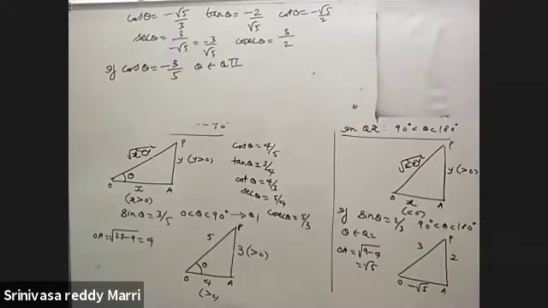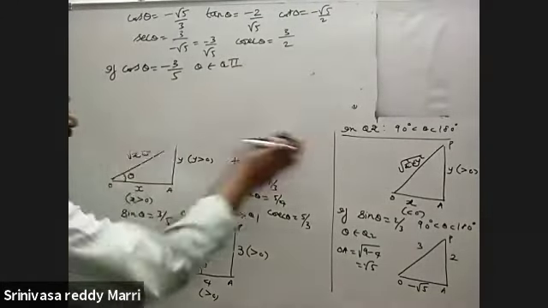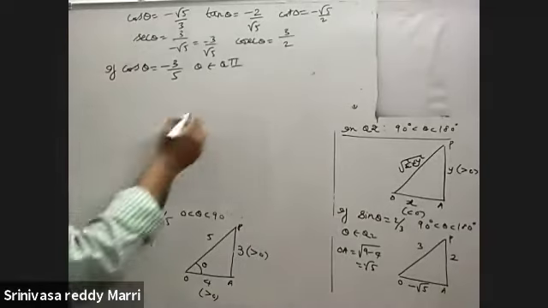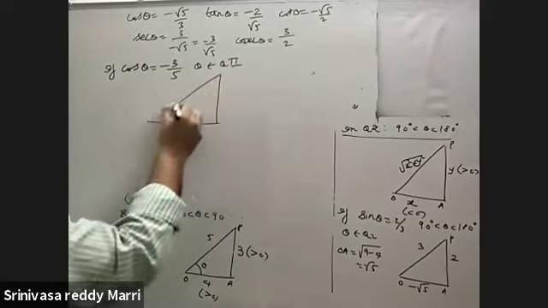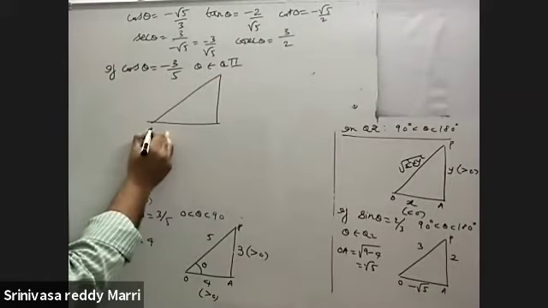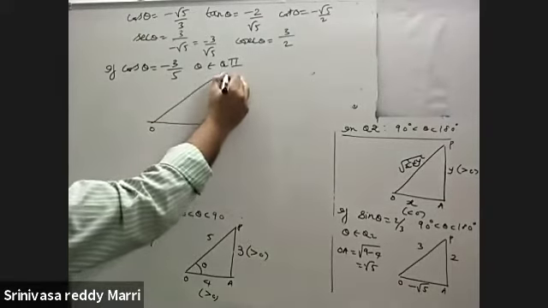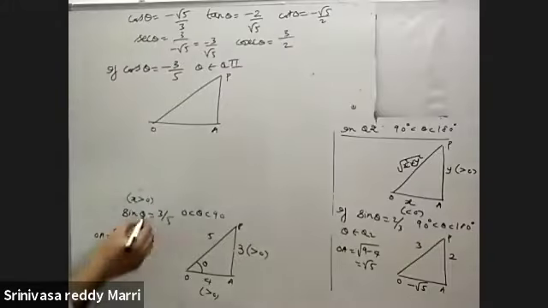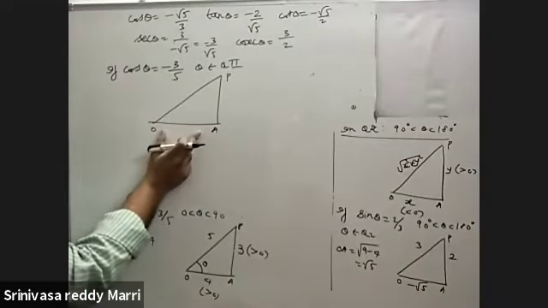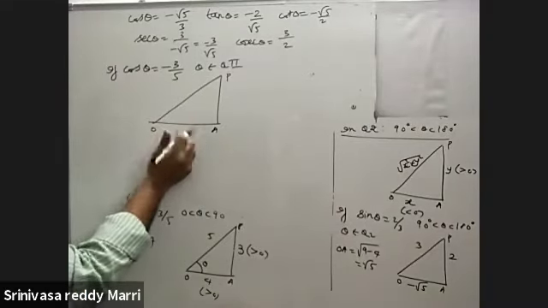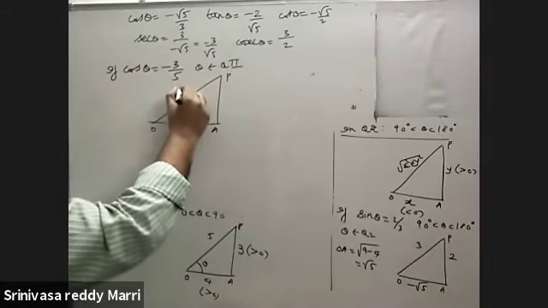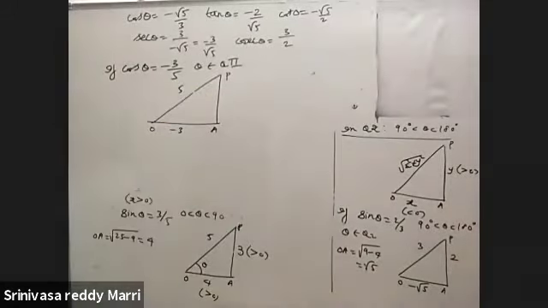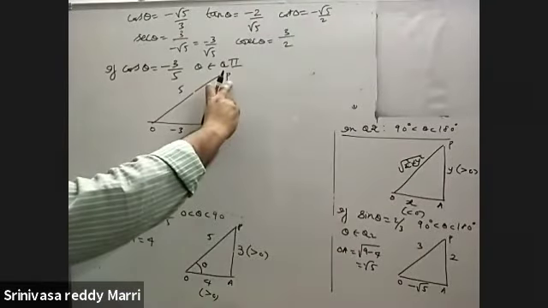Theta is in quadrant 2. Cos theta is given as minus 3 by 5, in quadrant 2. You construct quadrant 2, so this is triangle OAP. Now what to write for cos theta? You have to write this leg x as negative only, minus 3 here. Never write the hypotenuse as negative, 5. Now this you have to write positive.